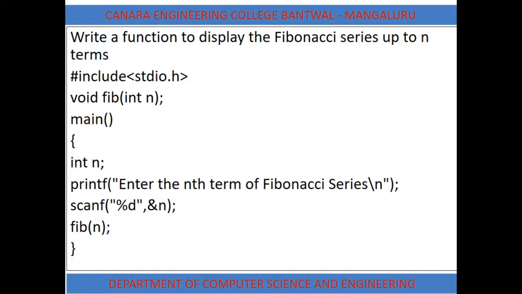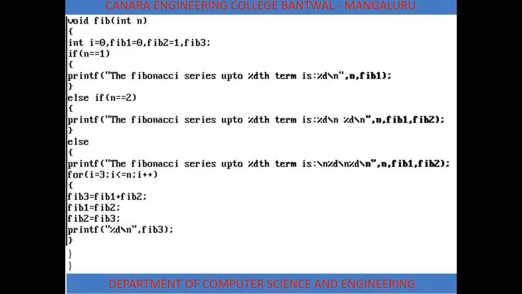Once the function call is executed, the control will directly go to the function fib. So now fib of n, the function call is executed. So the control will come to the function. Now void fib int n. For example, now if n is 5, then void fib of int n. So whatever value 5 is the actual parameter sent will be copied to the variable n in the function. For example, 5 I will take now. So n will be equal to 5.